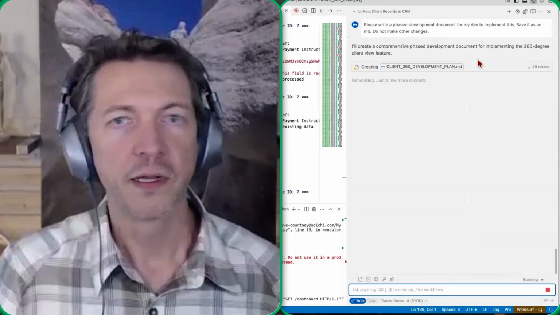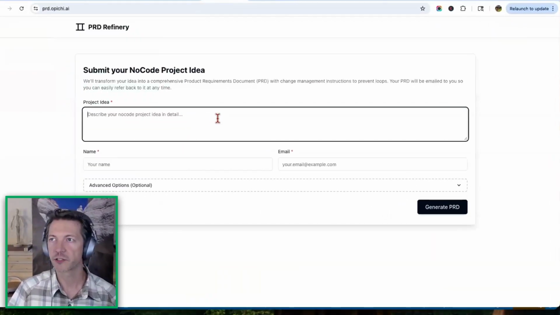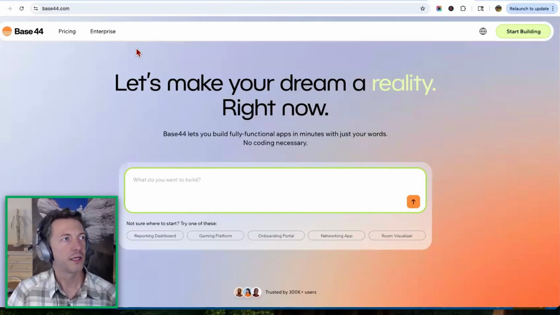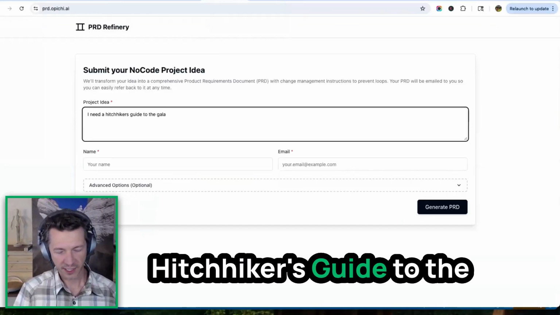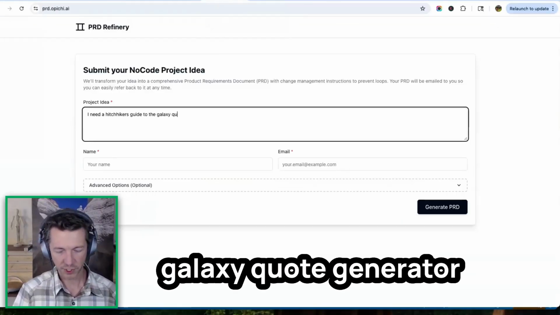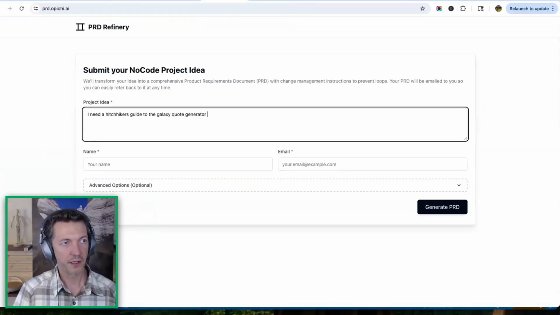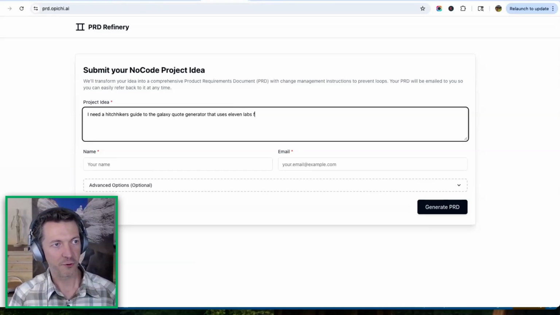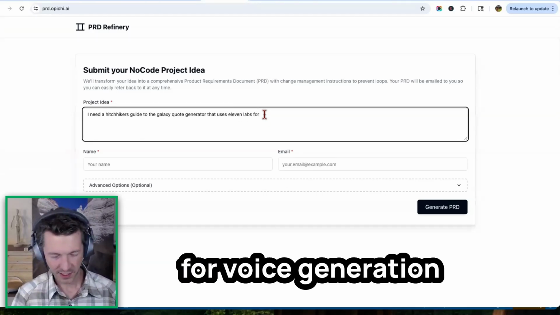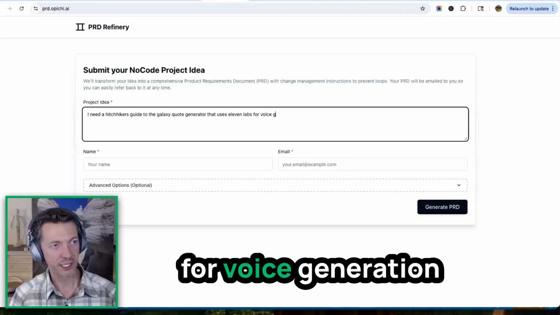All right. So we just have it generate a Hitchhiker's Guide to the Galaxy quote generator in Base44 here real quick, and we can just compare it to the Lovable one. Hitchhiker's Guide to the Galaxy quote generator that uses ElevenLabs for voice generation